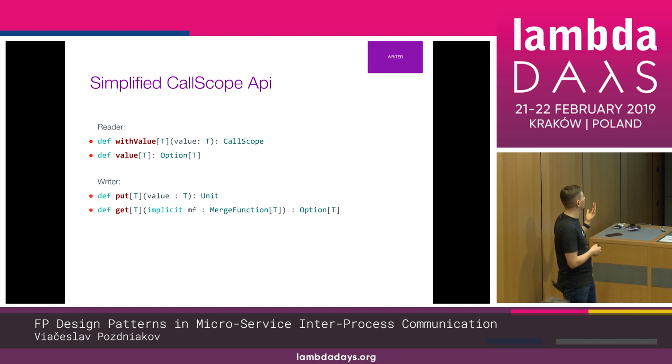If you want to run a new reader, then you're just calling with value and get a new call scope. And if you want to query this call scope, then you're just calling method value. If you want to write, you just say put, and it returns unit, because we cannot promise too much here. And if you want to get a value, then we are just calling get. And the funny thing is that you have to provide this implicit merge function, which is actually a semigroup over T,